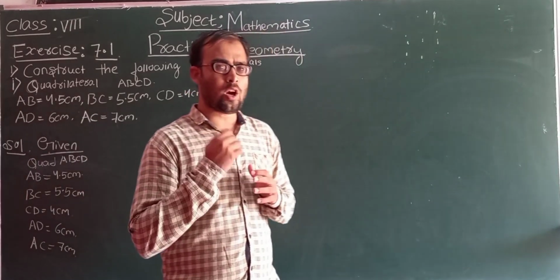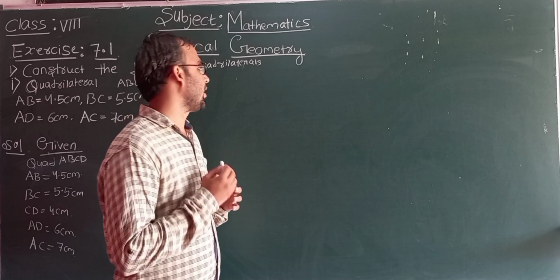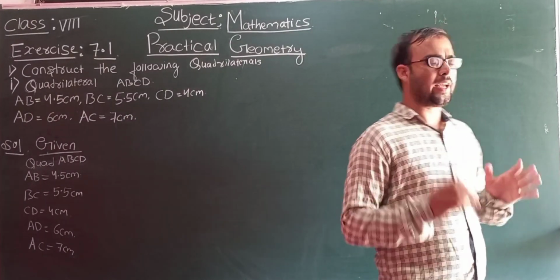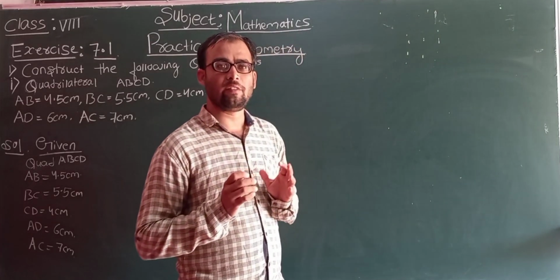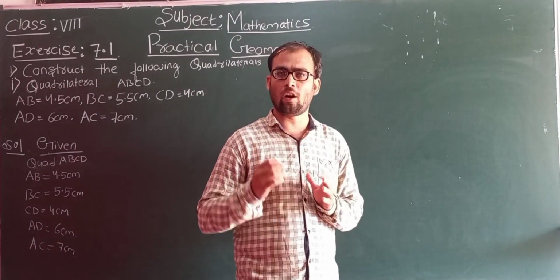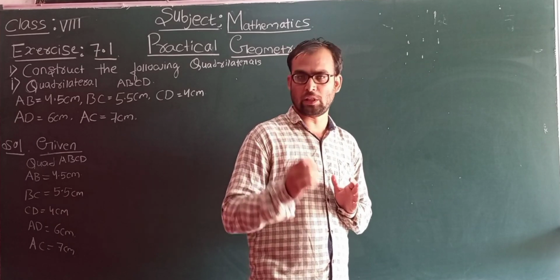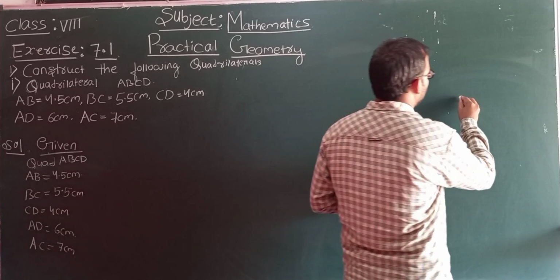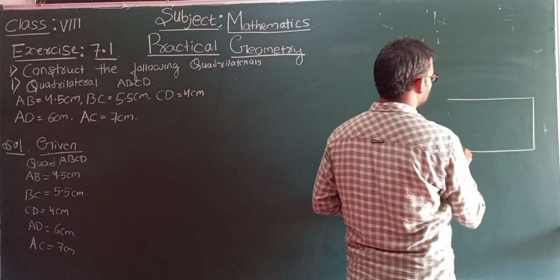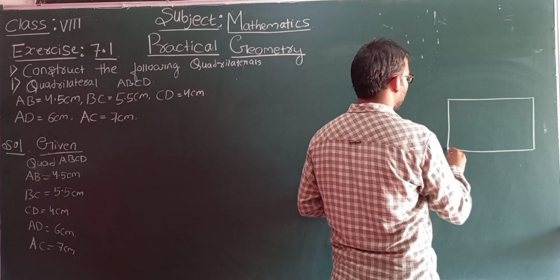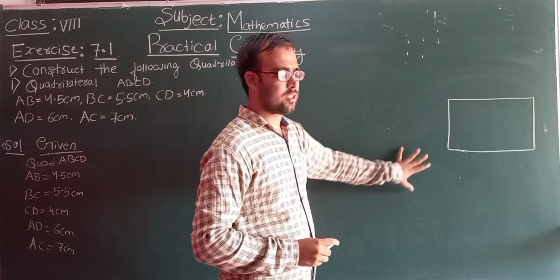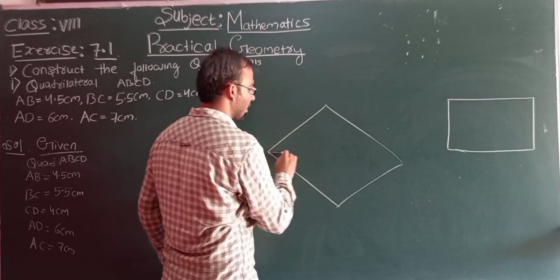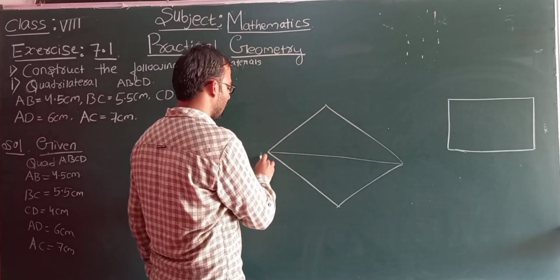Now, so as not to get confused, we need to draw the rough figure. You can draw it like anything. Here they have not given the quadrilateral as square or rectangle or parallelogram. They have not given the specific name of quadrilateral. You can draw anything. You can draw quadrilateral like this, or you can draw like this also. They have given a diagonal, so you can draw like this also.